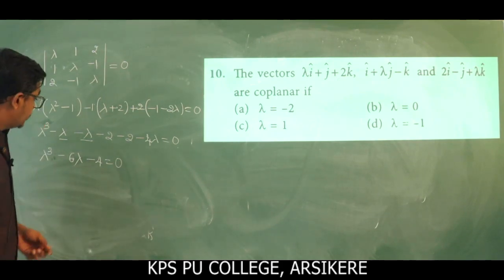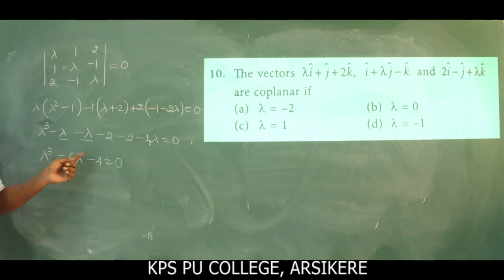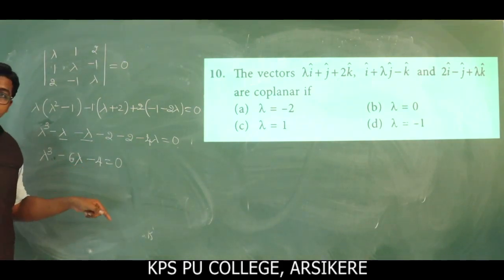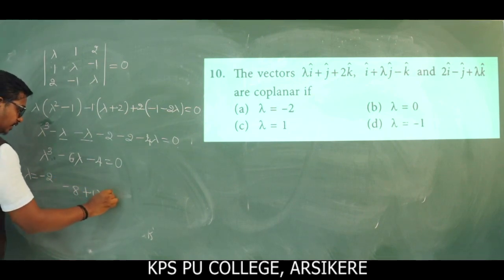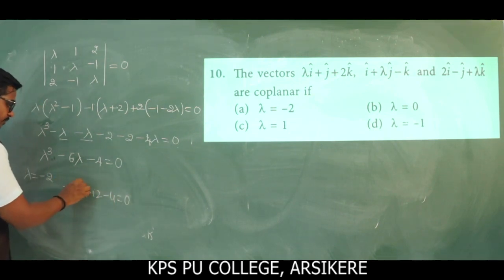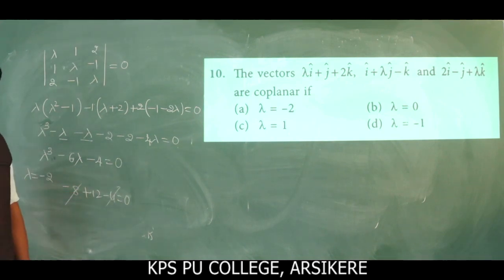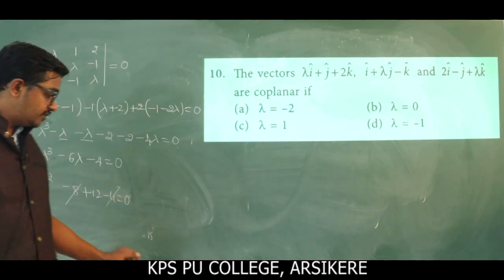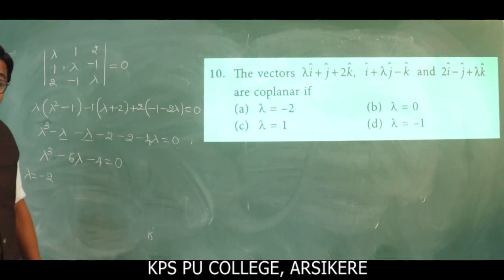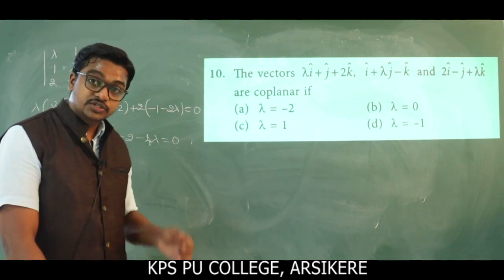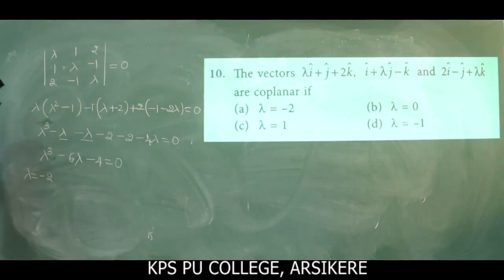Here also, if you replace lambda is equal to 0, 1 or minus 1, plus 2 and minus 2, we get the same thing, but I will take lambda is equal to minus 2. That becomes minus 8, plus 12 and minus 4 is equal to 0. Minus 8 minus 4 is minus 12, plus 12 gets cancelled. We are left with 0. Therefore, lambda is equal to minus 2 is one of the roots of this cubic equation.